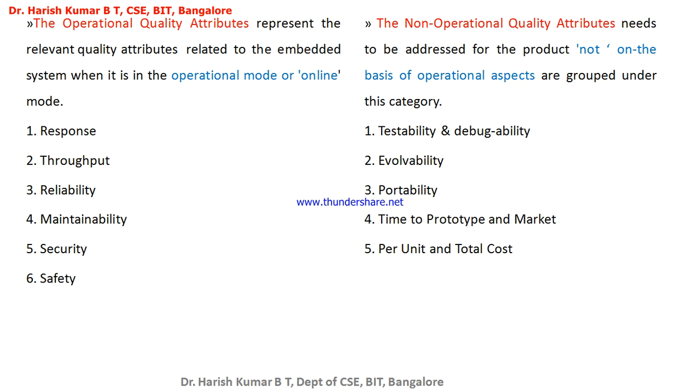And next is maintainability. So this is again another important operational quality attribute of an embedded system or any system in general. So this says how easy it is to maintain the system. Now maintainability is required because when the system is online and functioning, at any point of time something can happen to the system and it can go down. Now what is maintainability? How easily you can fix that? If you are able to fix the error and make the system up and running in less time, then we say